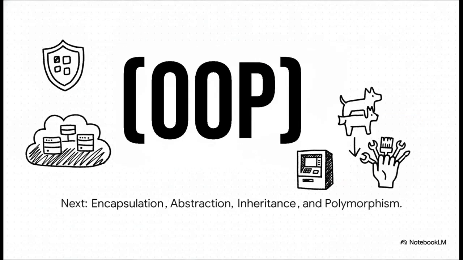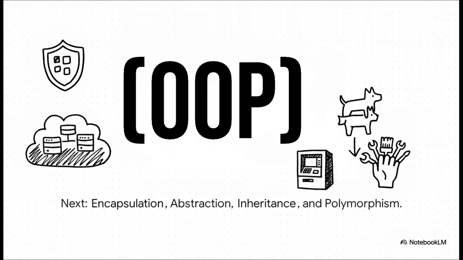And creating classes and objects is really just the foundation. From here, OOP opens up 4 powerful pillars that will be your next steps in mastering Java. There's encapsulation, which acts as a protective shield to hide your data. There's abstraction, which hides complex implementation details behind simple interfaces. It's just like how you press a button on an ATM without needing to know how the bank's server routing